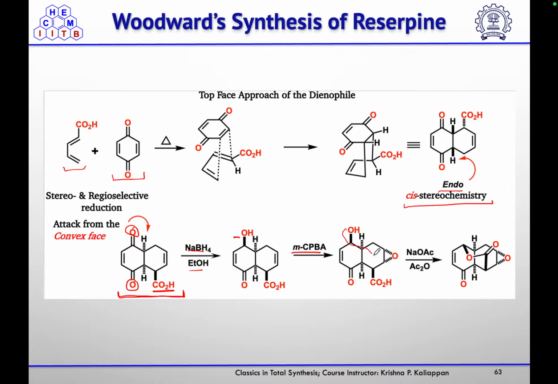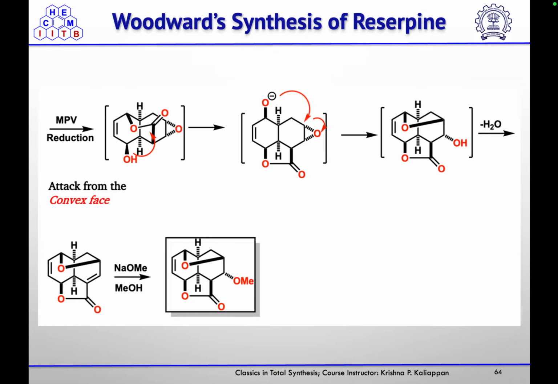So this will react with your acid to form the corresponding lactone. Then they did MPV reduction of that ketone to get the corresponding alcohol, and this will react with your ester. So transesterification is happening to get the five-membered lactone, and then the other alkoxide will open that epoxide to